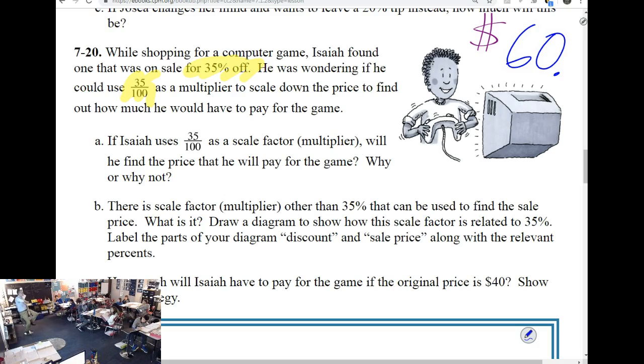You can either use the George method, or actually I think this is kind of the same, you can use 35 over 100. But you need to figure out, is just multiplying by 35 over 100 going to get us our answer? Is there anything else to do? We have a few minutes left. We've got plenty of time. I'll probably even get us out of here early for lunch. How do we figure out that discounted price? I'll give you guys 2 or 3 minutes to solve this. You've got a few different methods to choose from.